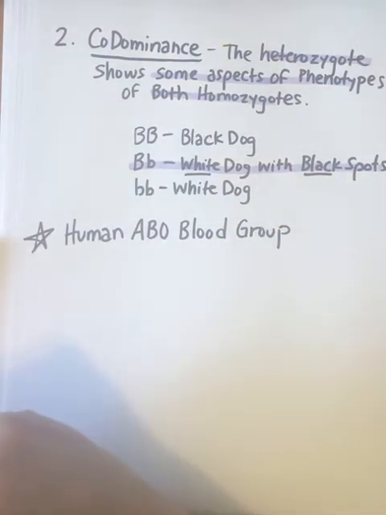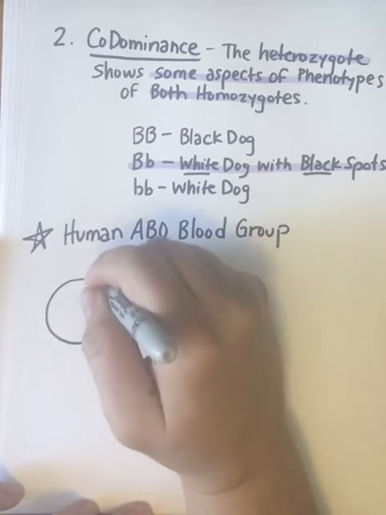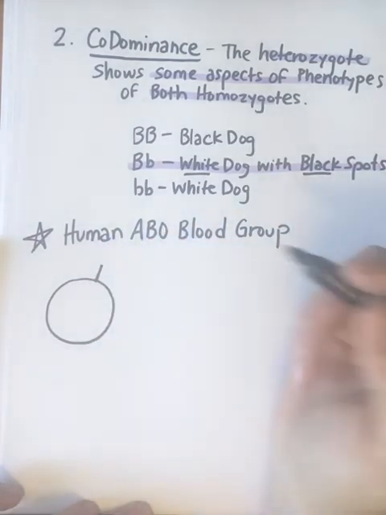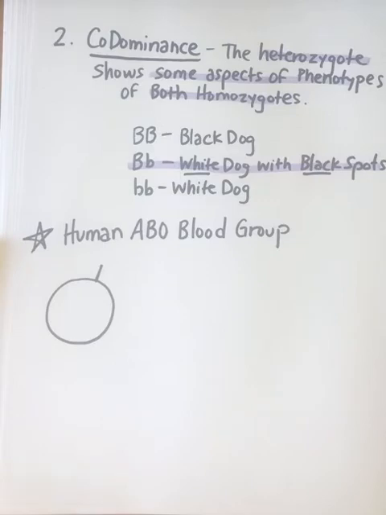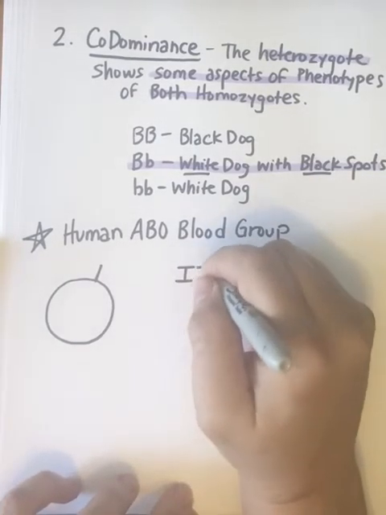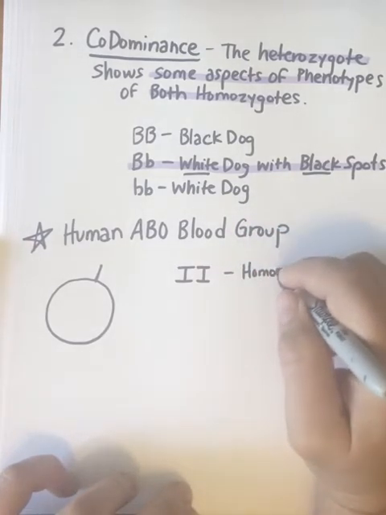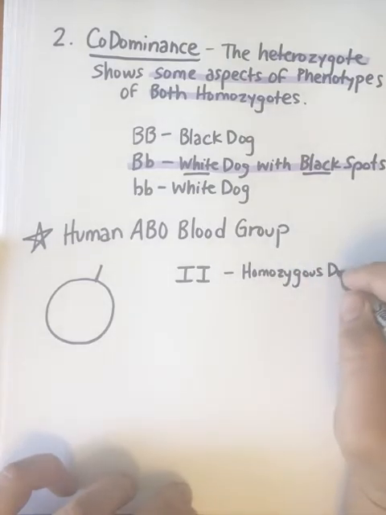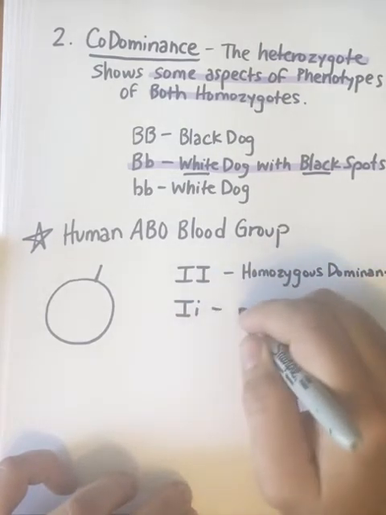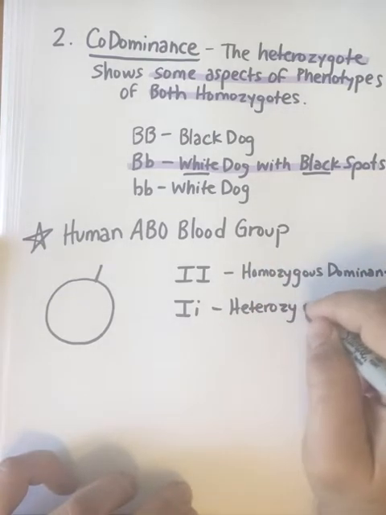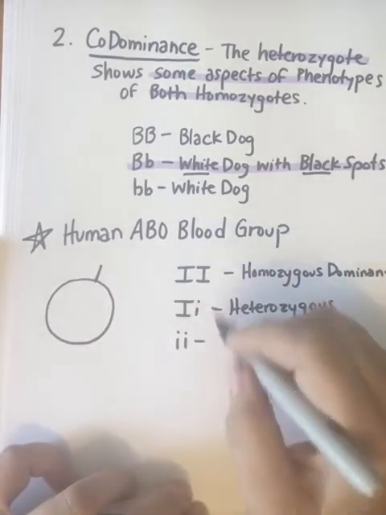Now, when we talk about genes, your blood cells actually have a gene on the outside, which is called the I gene, which represents the antibodies. So to understand your genes, blood typing is on the I gene. So this would be a homozygous dominant blood because it's on two big I's. When you have a big I and a little I, that is heterozygous. And when you have two little I's, that means that basically you're lacking this gene, so you're homozygous